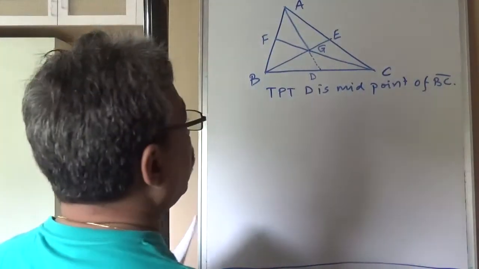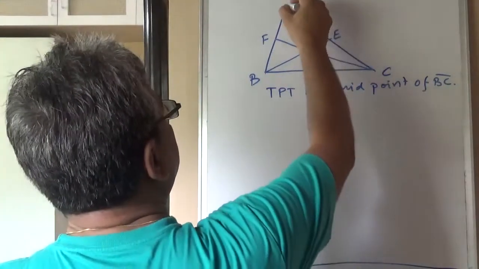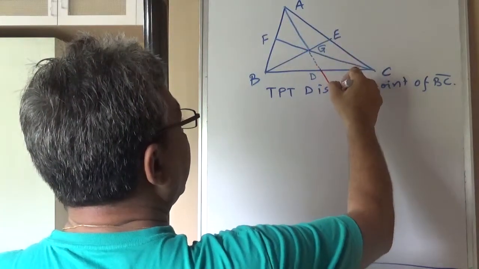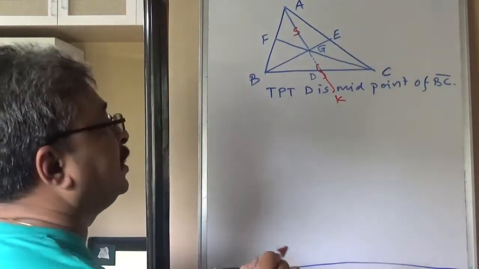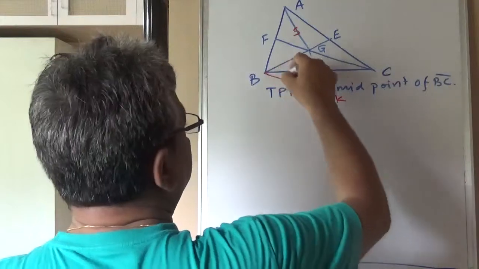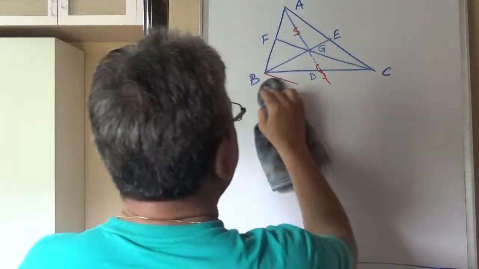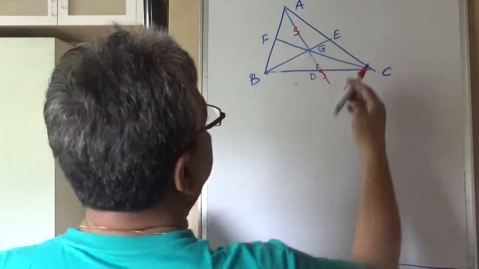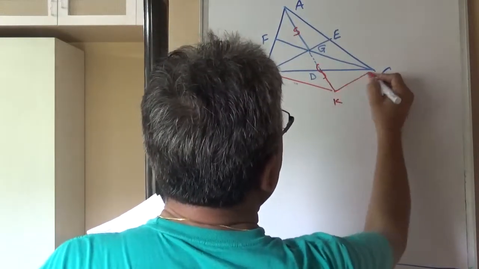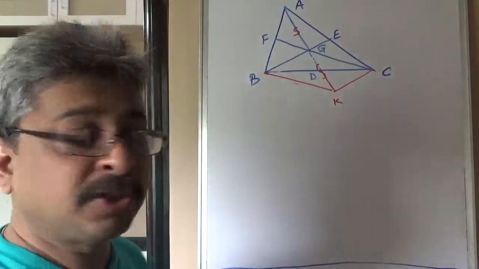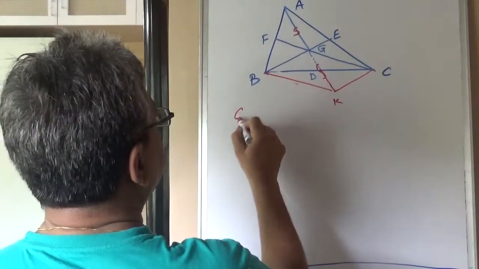Okay, now the important construction here, this is out of the box. The construction is to extend AG up to K such that AG equals GK, and then join BK and CK. Okay, if we do this construction outside the triangle, then what we find is G is the midpoint